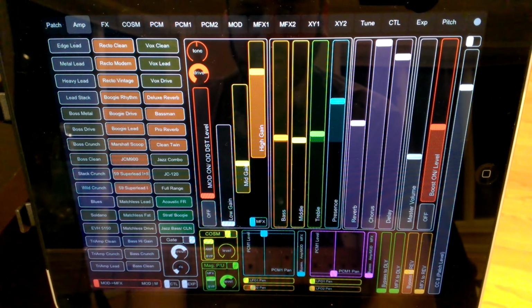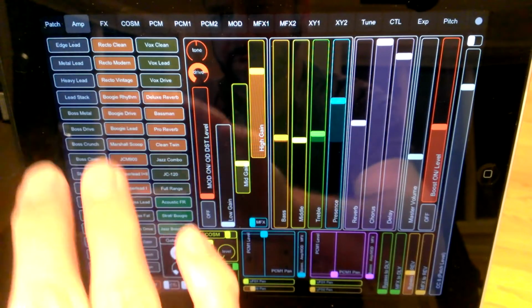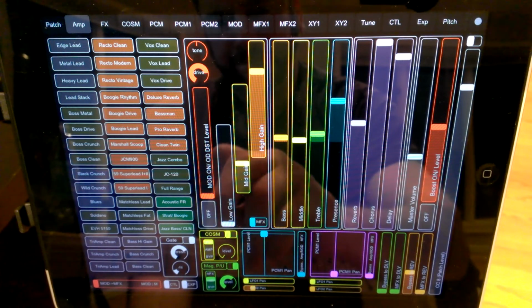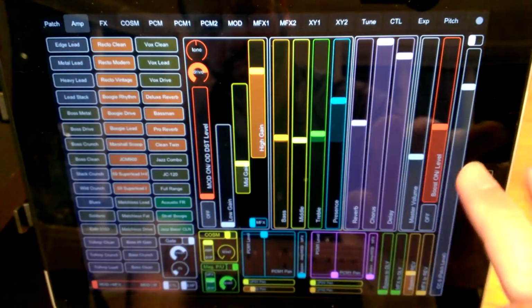I talked about this page way back in, wow, 2011, I guess it was. And there are a few minor changes that have been made since then. I guess just going from left to right, I've done a little bit more organization of the various amp models. And I've done a lot of work to just try to make the workflow through here a little bit more